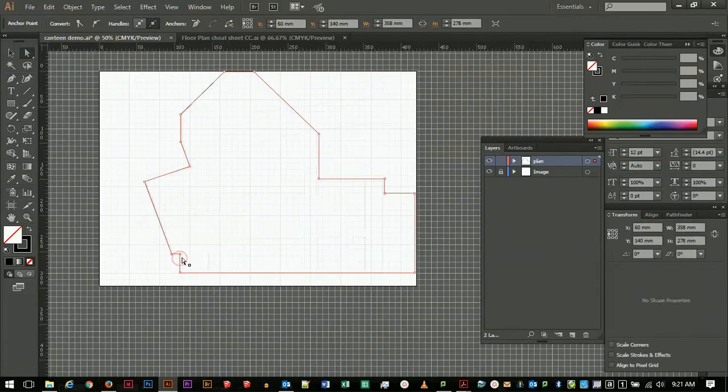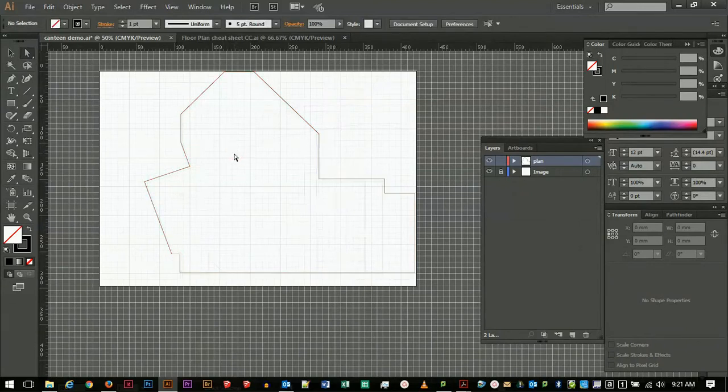See here how if I just click on this stroke, I can now click on a node and modify the node individually. That's what that tool is for. It's called the direct selection tool. Shortcut key for that is A. Have a look at this one. Now if I select the whole shape,